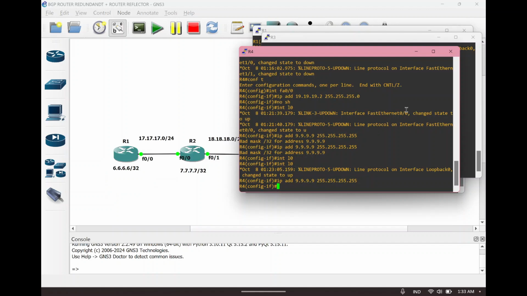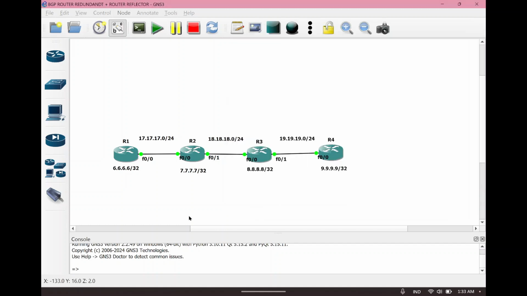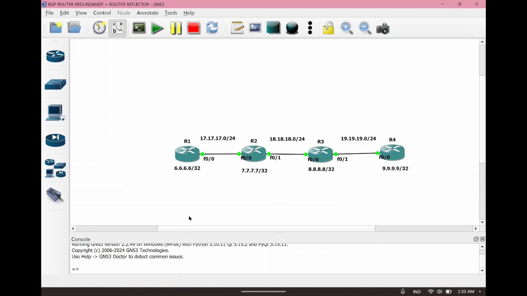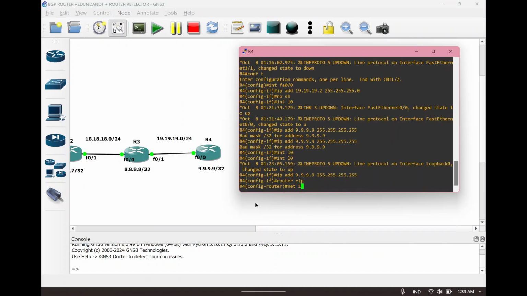After we configure router number 3, we can move to router number 4. And router number 4 is the same as the configuration of router number 1. There's no difference, just the difference is the IP port and router IP.